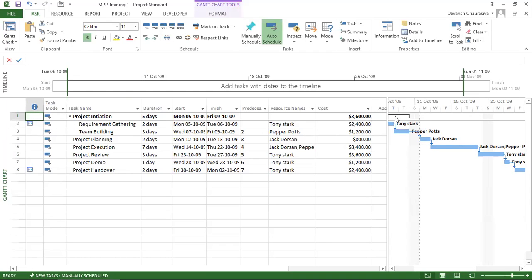The overall cost of each task is given here: 2400, 1200, requirement gathering and team building, which is 3600, right?